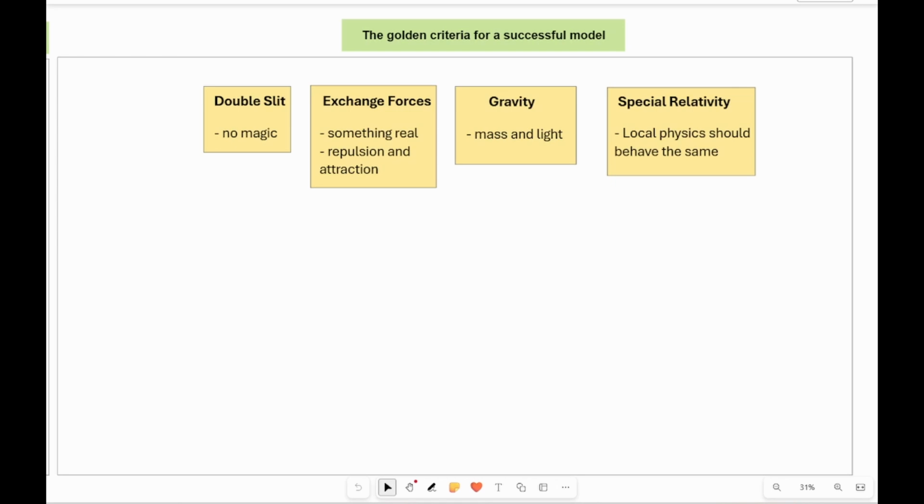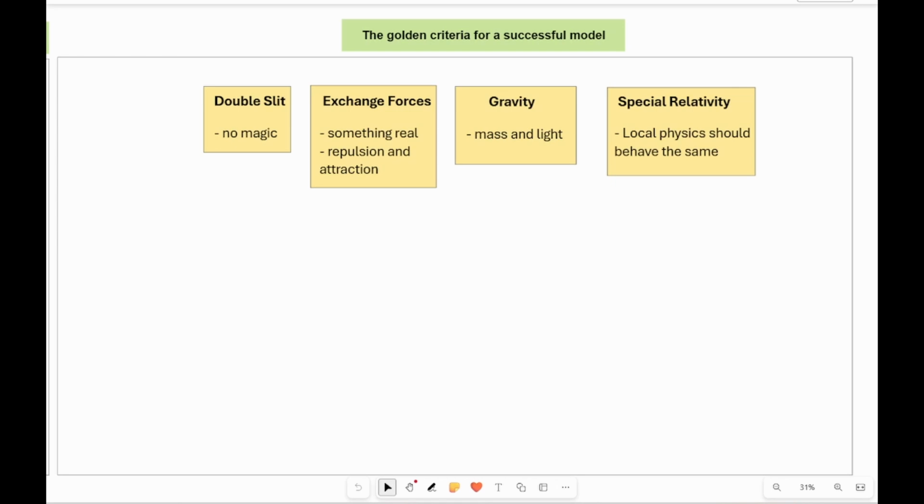Exchange forces should all be mediated by something real. Now, that's not to say virtual particles aren't real, but we should be able to understand how that exchange is happening. It's not just some field. A field has to be made of something. And then for exchange forces, we need to be able to show how they can be repulsive and attractive. It seems like repulsive is actually pretty easy to come up with ideas on. Attraction is quite a bit more difficult. Now, exchange forces would include electricity and magnetism and all those other forces. Gravity,